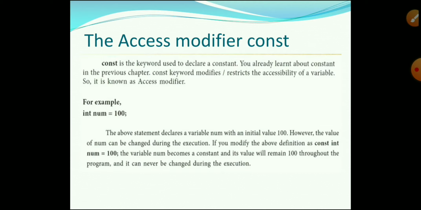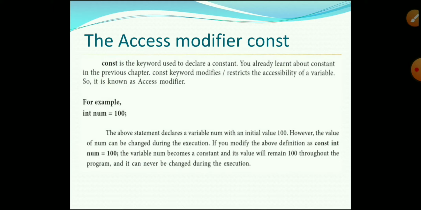Next, what is the meaning of the num value? That 100 value is used at execution time. If we did not use any const keyword, then whenever we modify it, the value will be modified automatically at execution time; nothing is a problem. But if we use const, it is not possible to change that particular variable's value. That is the meaning of the modifier.